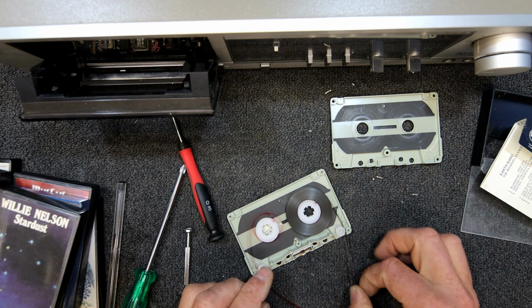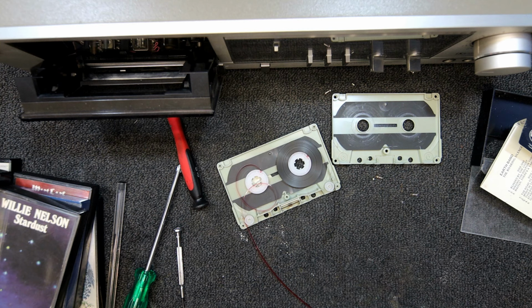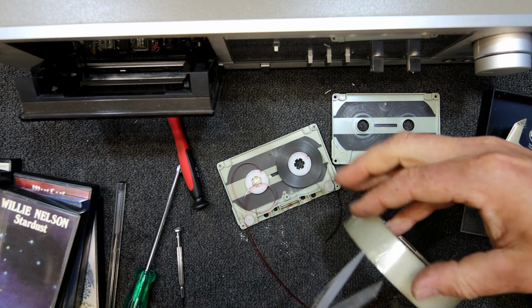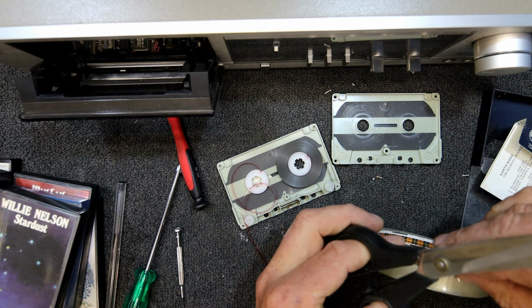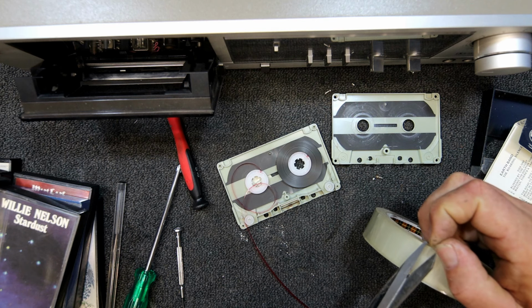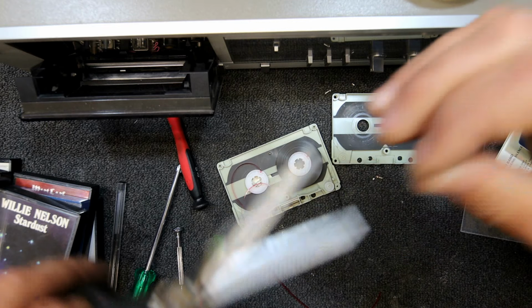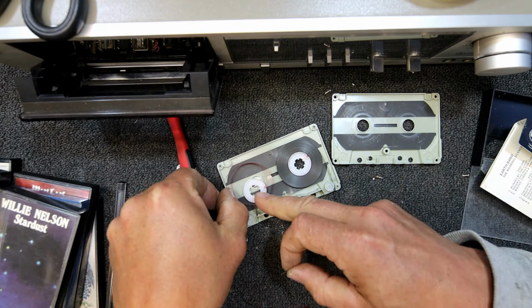I think this one we're going to have to do the old bit of sticky tape trick just to get it going. So if I just get some sticky tape, cut a little thin strip the same width as the tape. I might even cut this down a bit because we don't need a bit that long. This tape's quite wide. Half the width of the tape will do. Get a little piece like that, and of course you want it stuck on the back of the tape, definitely